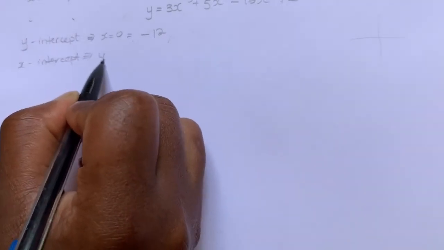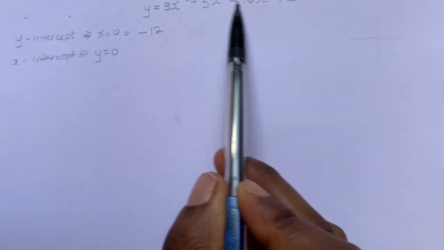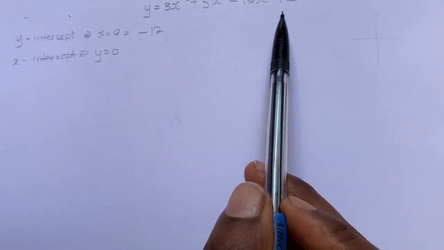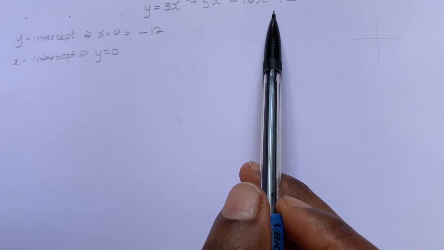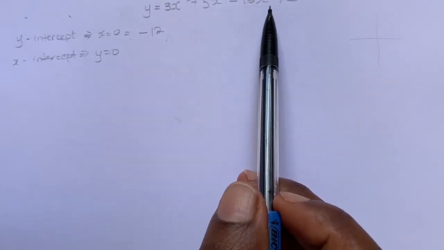For the x-intercept, which is when the y value is equal to 0, this is where we do the long division. Now, this is our polynomial, and remember, if you recall, we first need to, by trial and error, find a value that will make the function 0. One of those values is